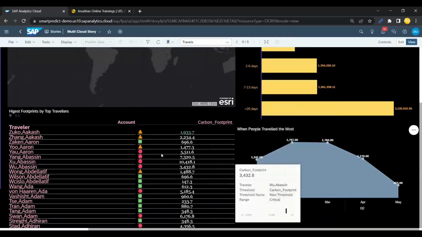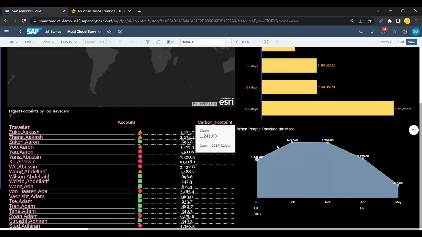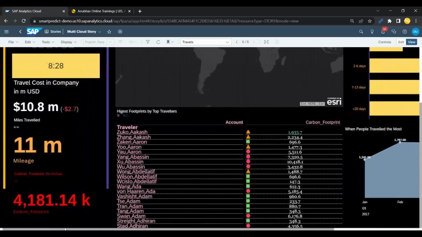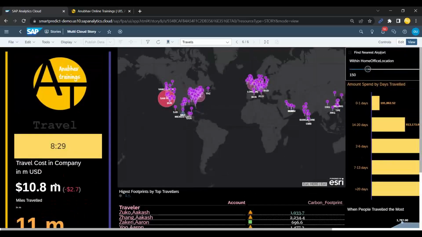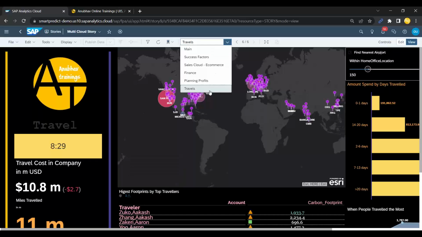And then we have the carbon footprint of travel by each employee, and also the details about when people travel the most. All this information is projected from the travel department, and you see the overall carbon footprint, miles traveled in the company, and the cost on travel. This is prepared by the travel department. So all these are different dashboards prepared by different departments, based on different systems and solutions,